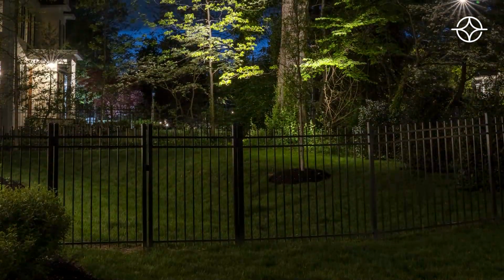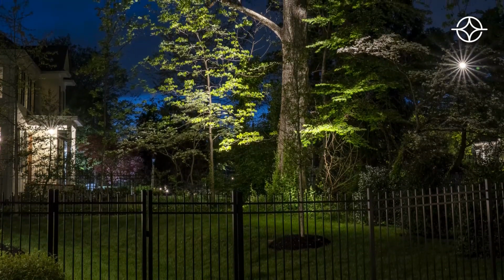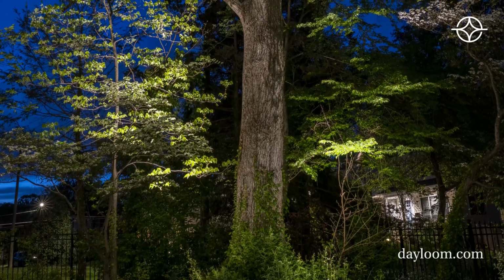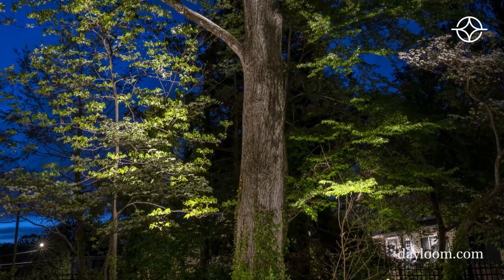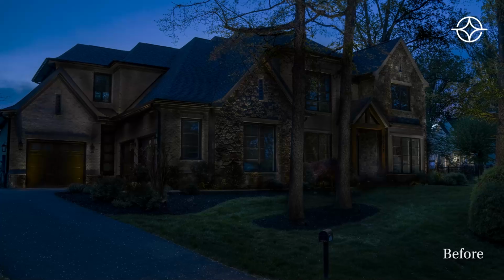Our client has a dog, and a lot of times it's a big black dog that'll go out at night, and he couldn't see it in this one corner. So, uplighting the large tree in back, which set the backdrop for the entire house, but then two small downlights just coming into a natural area. Really, you wouldn't think of it from a lighting design standpoint, but from a practical standpoint, when the dog goes out at night to see what the dog's up to, it's just the little things that make the lighting systems